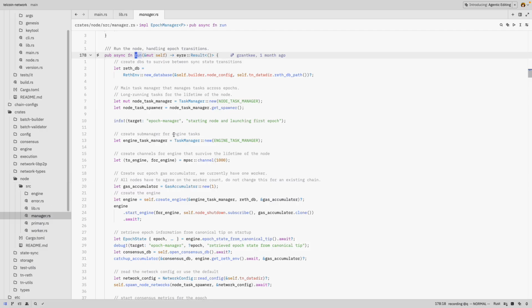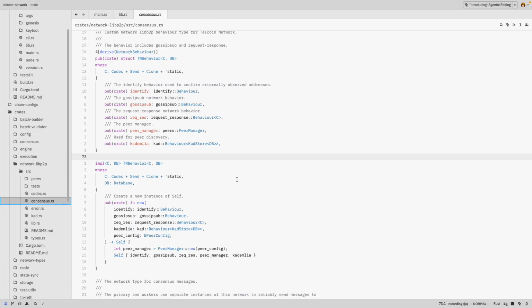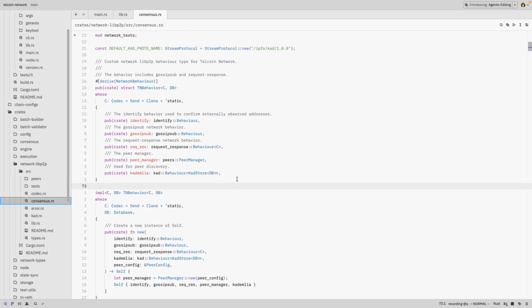So on startup, the node will reach out and try to discover peers. This is a network request. Our main network implementation is in this crate, network libp2p. And consensus.rs will have a sort of generic networking type for libp2p compatibility that is used by both the